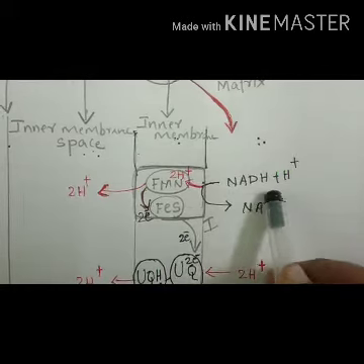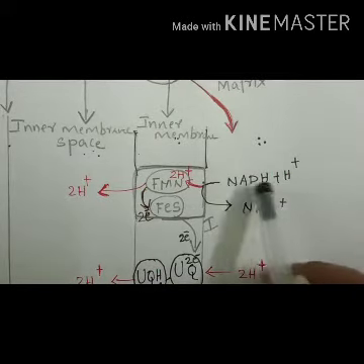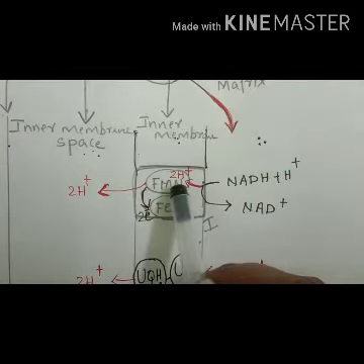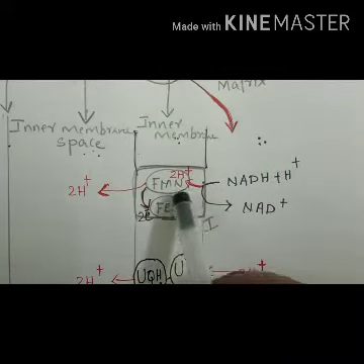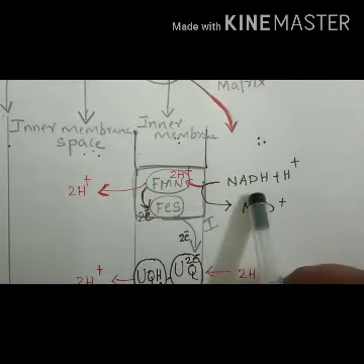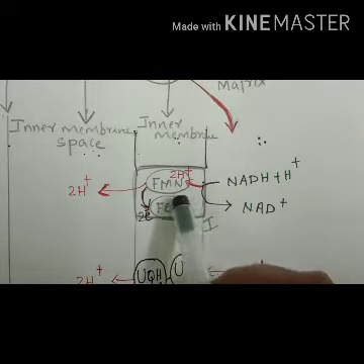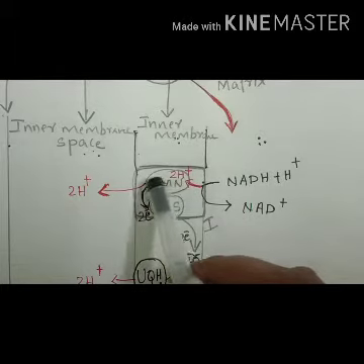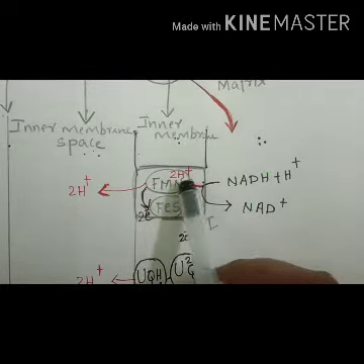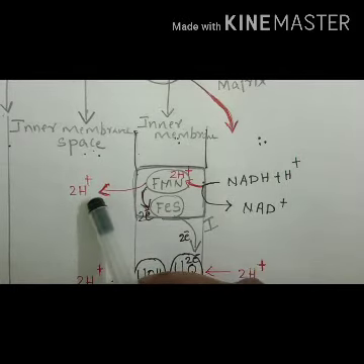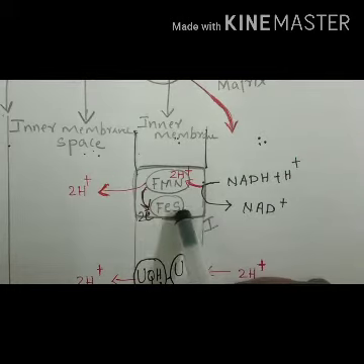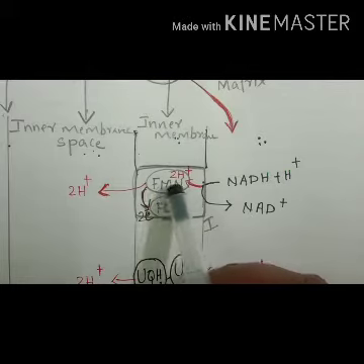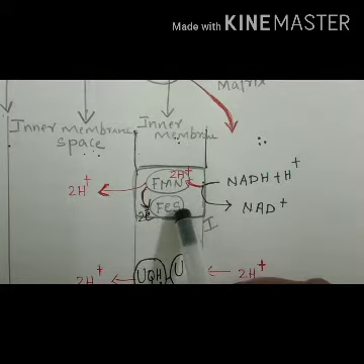The NADH2 which is formed after TCA cycle gets oxidized and the protons will enter inside the first complex. Electrons are also received by the first complex. By the reduction of NADH2, the electrons and protons are received by the first complex. First of all, it will enter into flavin mononucleotide. Then from the flavin mononucleotide, the protons will be released to inner membrane space and the electrons will move to the next iron sulfur complex. So from this flavin mononucleotide, electrons are moving to iron sulfur.